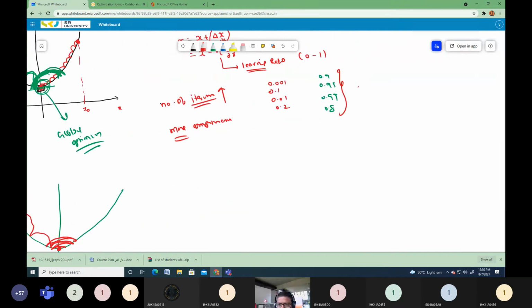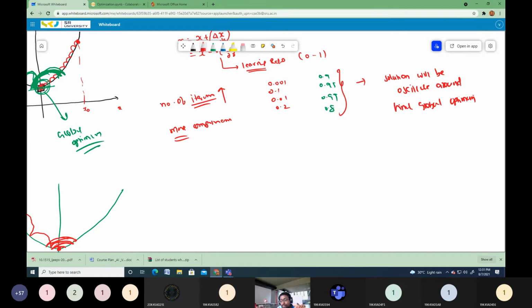If the step length is large, then your solution will oscillate around the final global optimum point. First of all, it will skip the global optimum solution, and later it will oscillate around it.